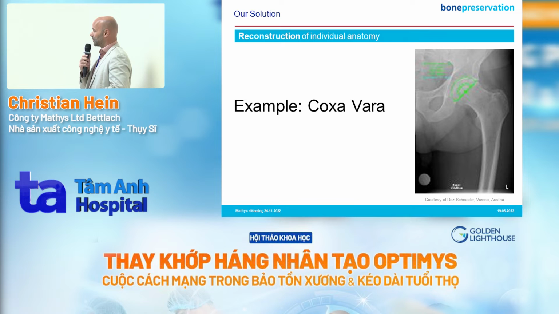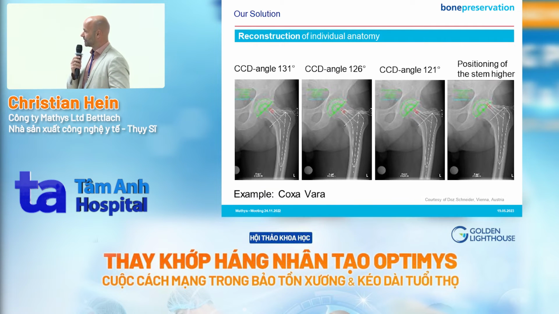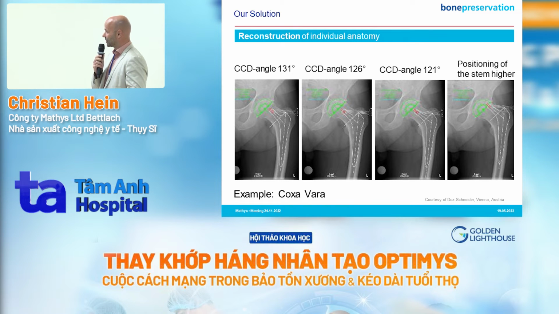Here is an example from one of the surgeons from Austria. He has a coxa vara hip. He used to work, or let's say Austria is used to work, with a Schwimmer prosthesis. So he tried to make a pre-op planning with this kind of stem, which is quite popular. But unimportant if he's taking the 131-degree angle or the 121-degree angle, he was not able to